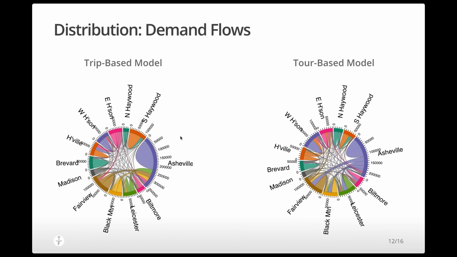And that's not a surprising outcome because, as you saw in the trip frequencies we just saw, the average trip length is relatively short, so you say closer to home. But when you look at a tour-based model over here on the right, you start to see some really interesting interactions there in Asheville. Only about half of them stay within Asheville. And as you can see on the screen, there are a couple of other tours to different places that show up. We see this in activity-based models a lot, where you see a lot more of these interactions between places